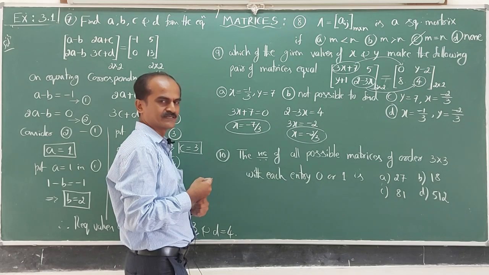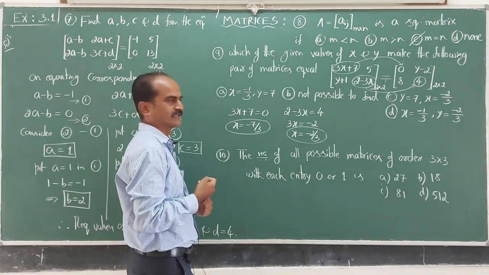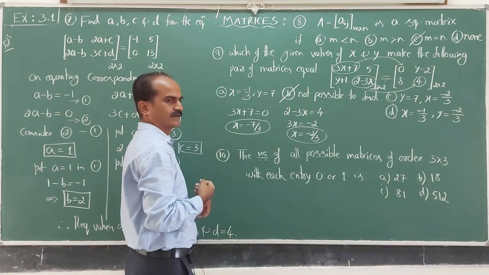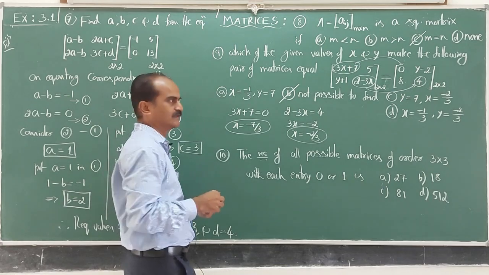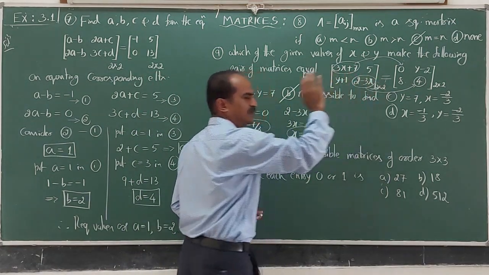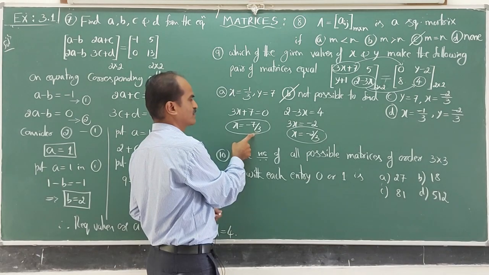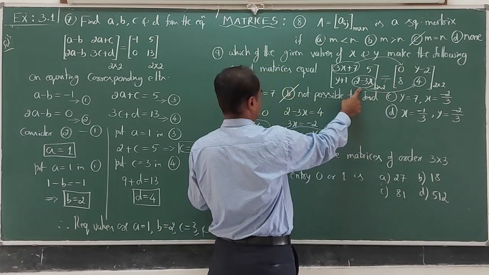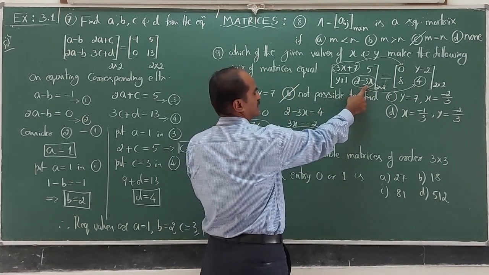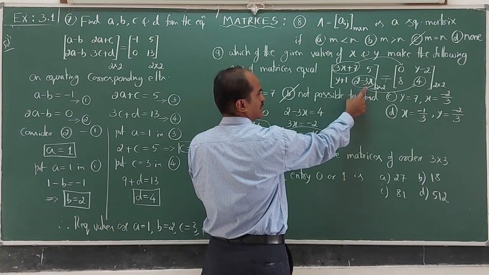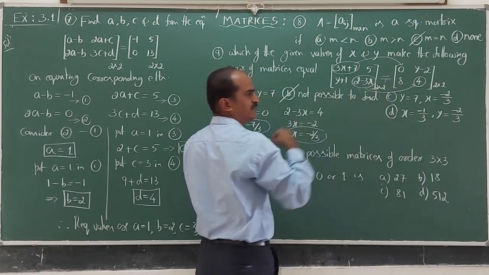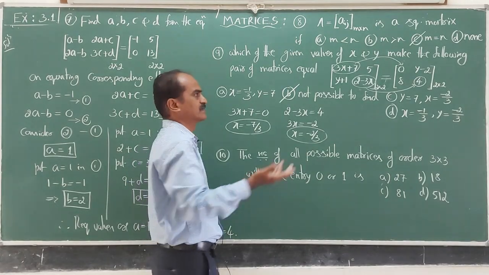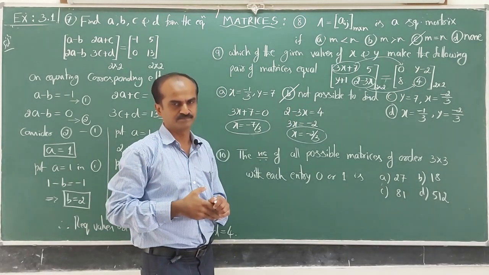It cannot be treated as a solution. Unique value should be there. Therefore, we have to say not possible to find the values of x and y such that these two matrices will become equal. Because when I substitute x equal to minus 7 by 3, of course these two elements will be equal, but definitely not this. Substitute x equal to minus 7 by 3 here, minus of minus plus, 3 cancels, 2 plus 7, 9, but their element is 4. In this way, no values of x and y can be determined so that these two matrices are equal. I hope it is clear.